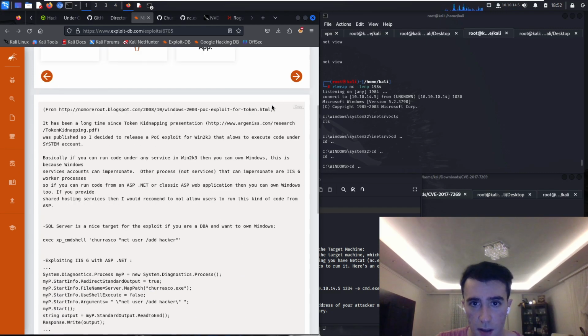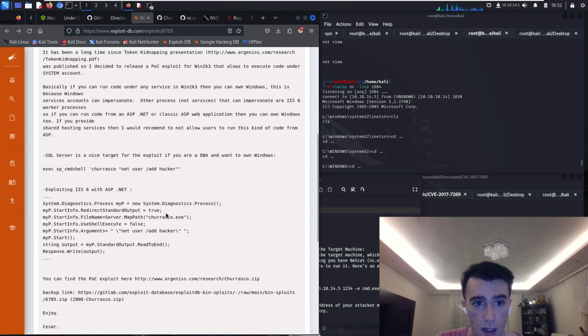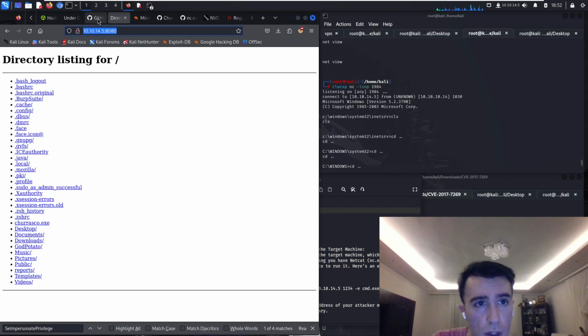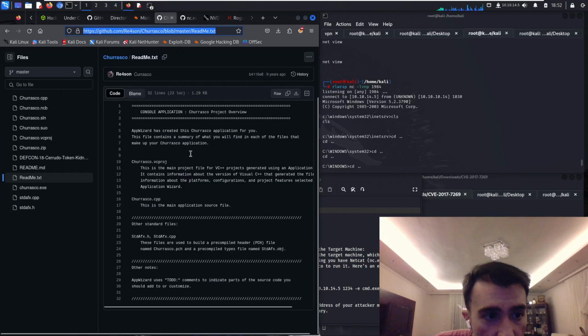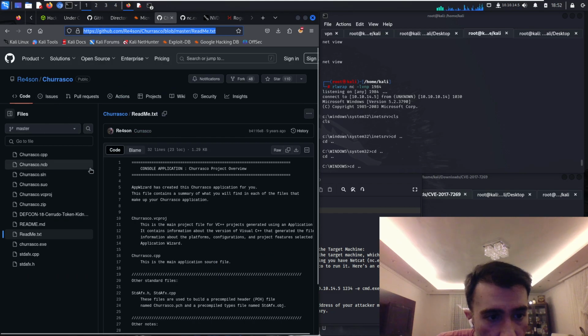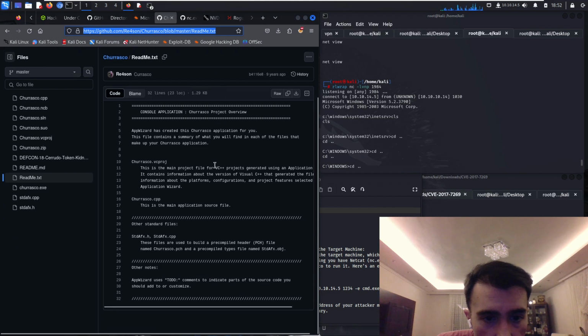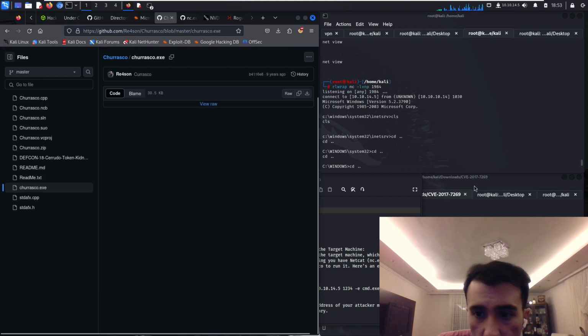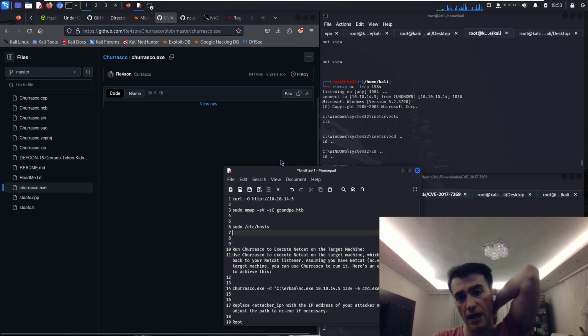When I analyzed the part, I found that here we have a file name which indicates Churrasco executable. So I started to search for Churrasco and I found that it is a Visual Studio extension most of all. So in order to use that exploit, I gave a short payload to ChatGPT,